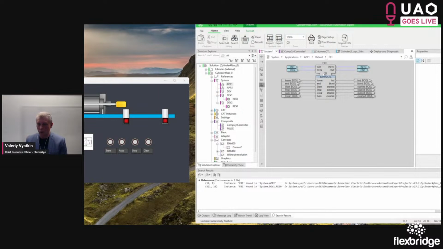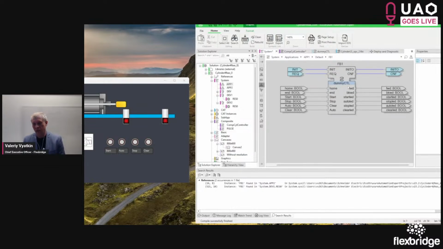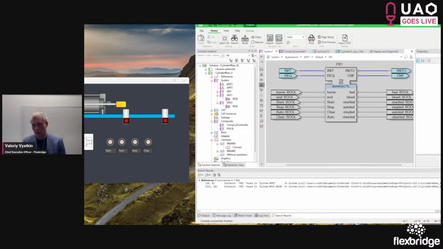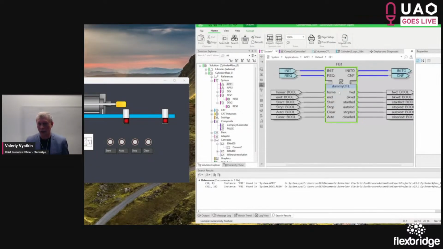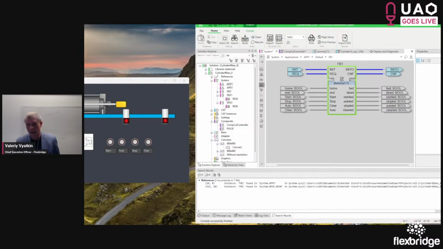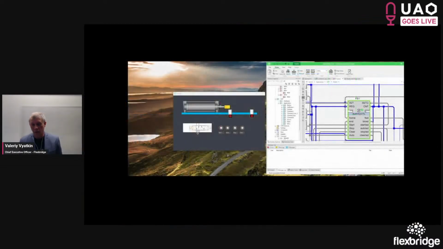But this function block itself is empty. You see that inside it's a dummy controller block. It's a basic block in which there is nothing. So we have an empty state machine inside. And because of that, if we try to press the buttons in the simulation, nothing will happen because there is no logic inside. It's just an empty block.